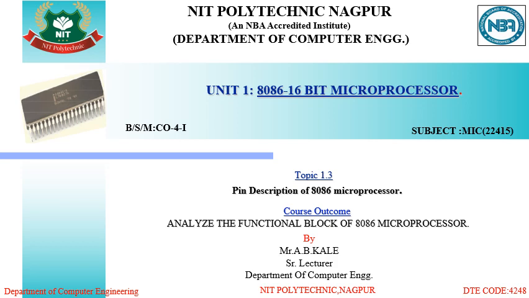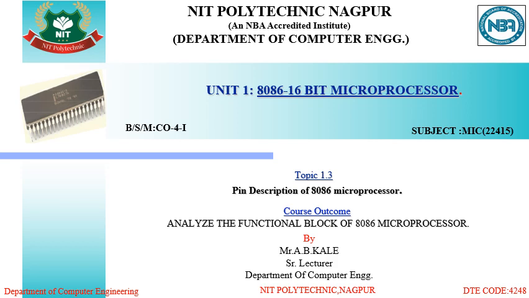So basically, as you can see on the top left hand side, any microprocessor IC has a number of pins on it. Basically, what is IC? IC is an integrated circuit. It is a small chip on which our circuitry is loaded. So it consists of various pins, and each pin performs different functions.